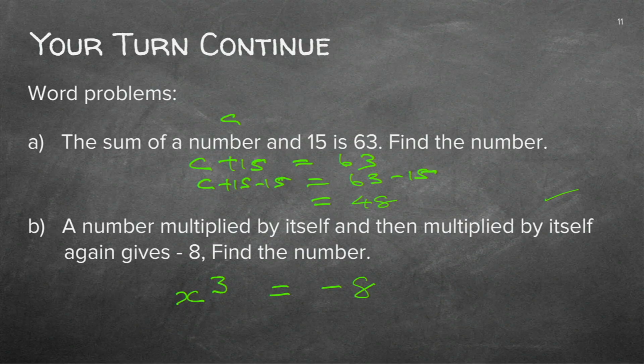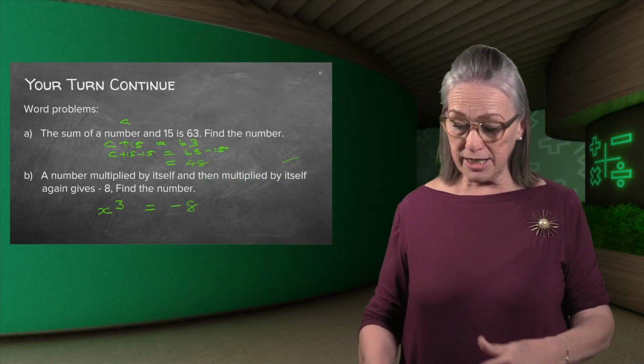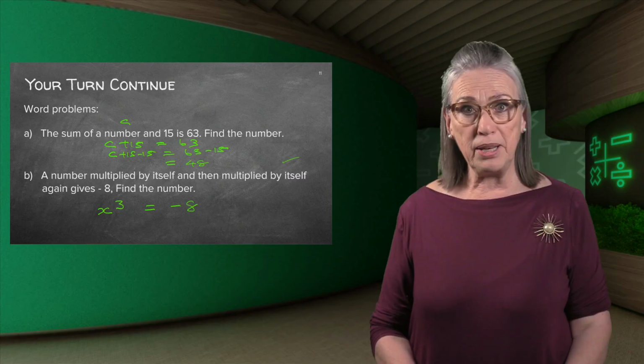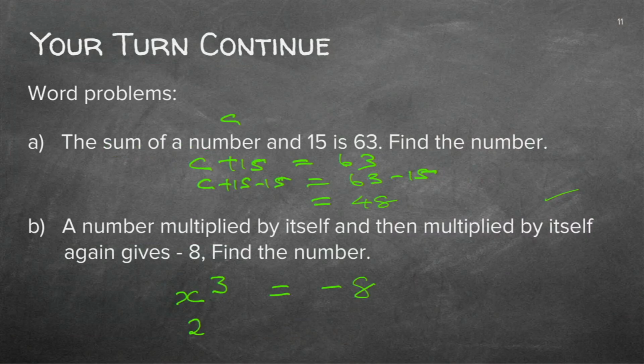Now, remember I told you when we did square numbers and cube numbers, I said it's very handy. On the multiplication chart, you get all your square numbers diagonally running from the top to the bottom. And what did I say? It's always good to memorize at least the first 5 cube numbers. Then it's so easy. I'm sure you can see this is a cube number. And what will x then be? x will be 2 to the power of 3, so equals minus 8.